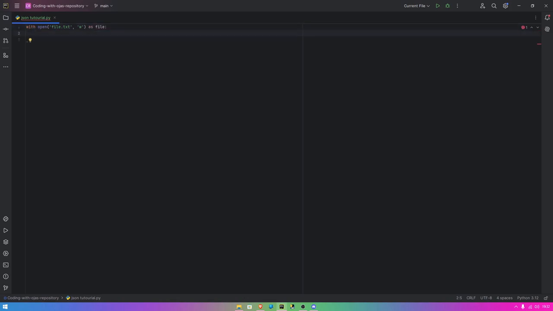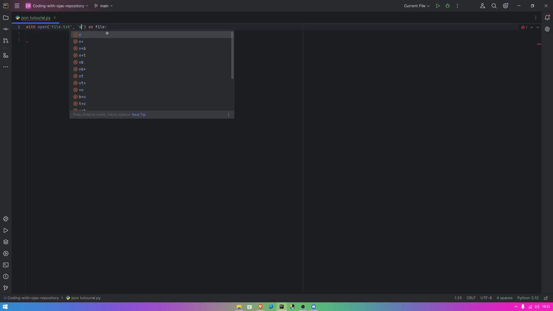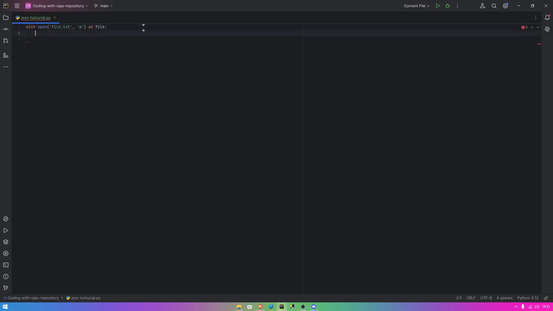If you don't know this open function, what it does is open a file, either in read mode or write mode. W stands for write, R stands for read, and I'm going to use W if I want to save any data. So how normal people do it is file.write,